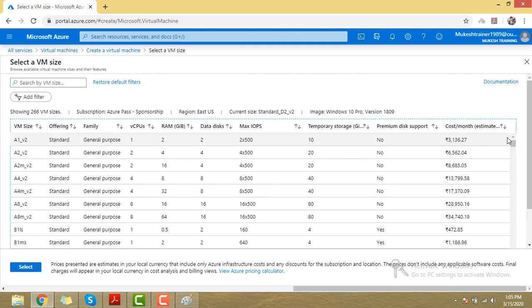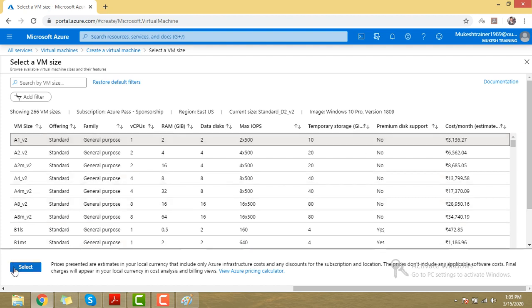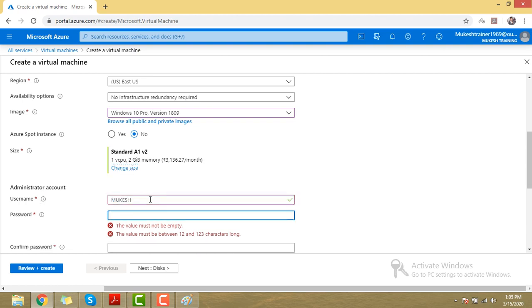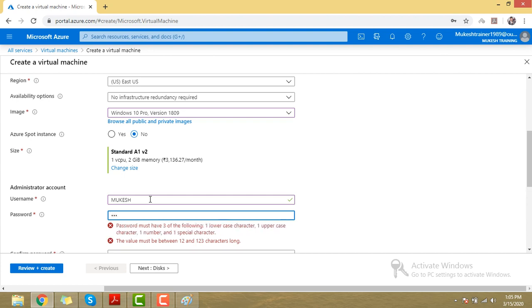It depends on what kind of environment you are going to use your virtual machine. So I'm just going with the cheapest one. I'm selecting the cheapest one, which is 3136. Go next. Then here you have to use administrator account name. Account name is Mukesh. Password,